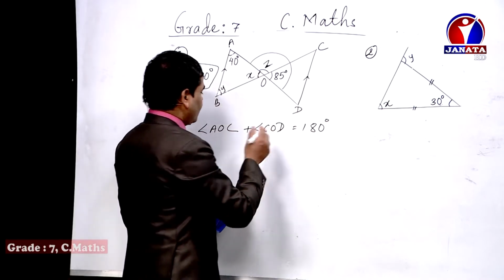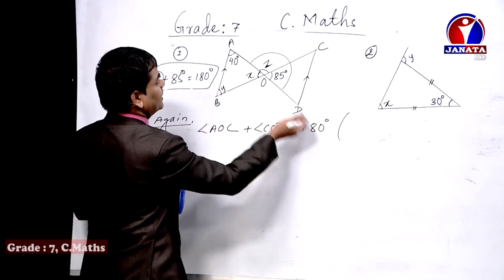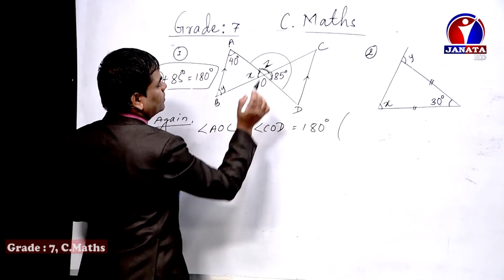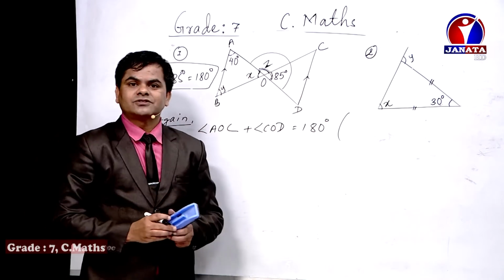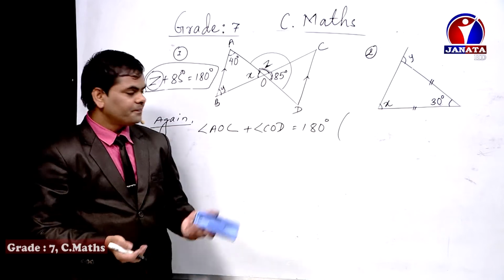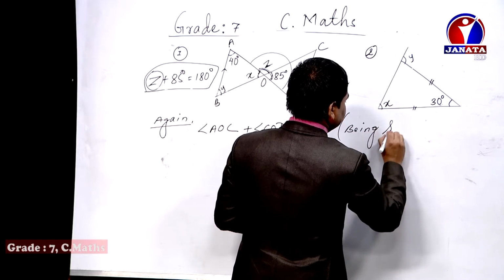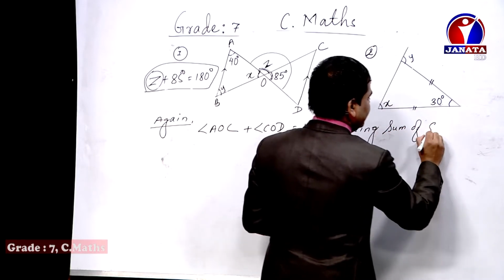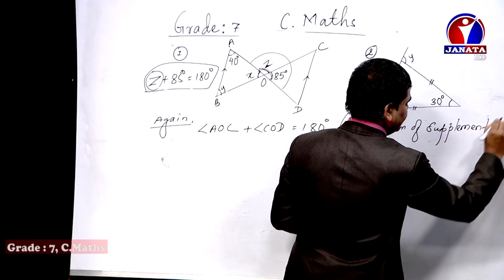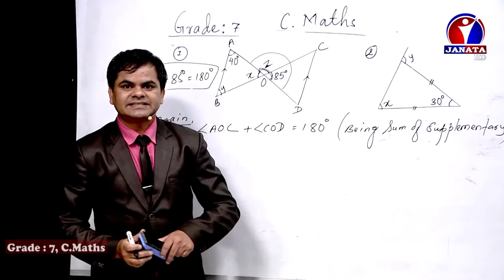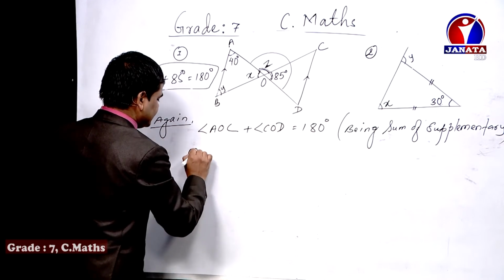Now what is the reason? This is the statement. Now we need to clarify the reason. What do you mean by this? Why do these two angles form 180 degrees? These two, you can say, sum of linear pair, or sum of straight angle, or sum of supplementary angle. So I'm going to write among them the one being sum of supplementary angle. But you can write this one as linear pair also, and then sum of straight angle also. Now angle AOC, dear student, it means the z.